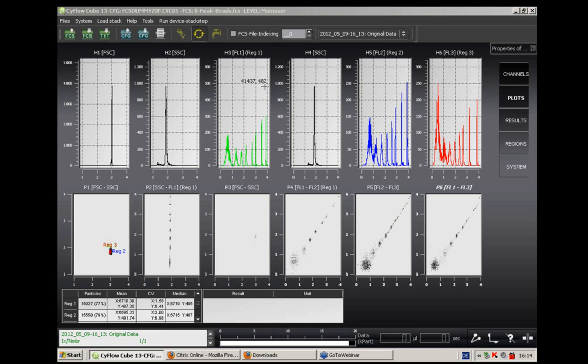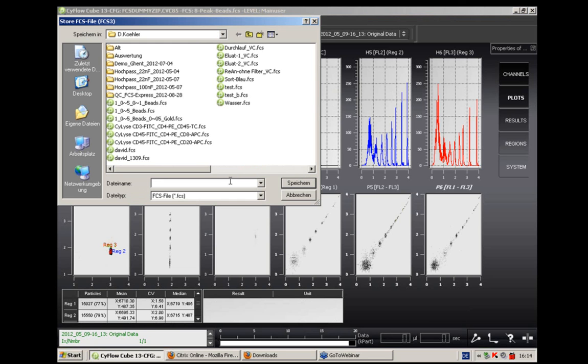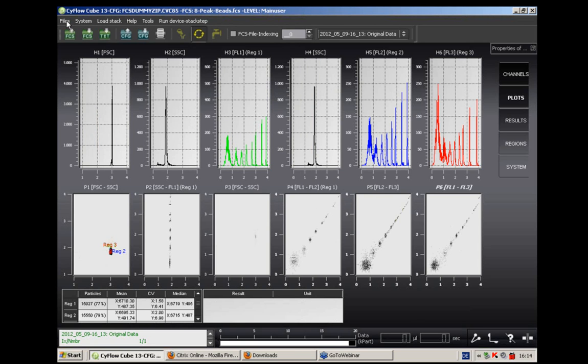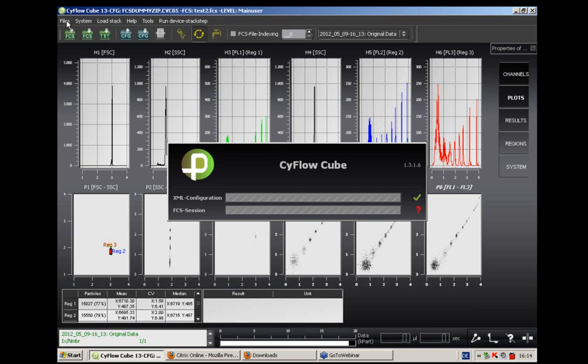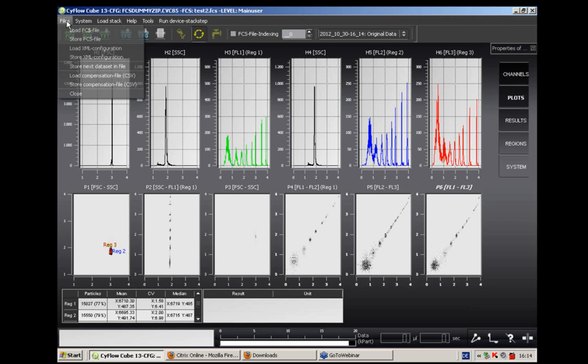So you have to save your acquisition, your measurement, as an FCS file, either using this icon here, which means, okay, store FCS file. You can give it any name. You save it. No, I'm not going to give it a different name. Or by using the menu here. Okay, store FCS file, and then you follow the same path. Once you did that, you go in the navigation list here towards Tools, and within Tools there is a function called FCS Express, which means you have a link to FCS Express here, and when you click that link,